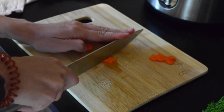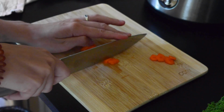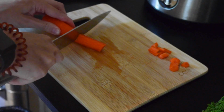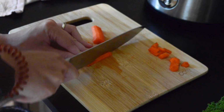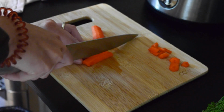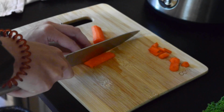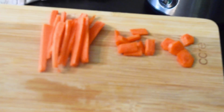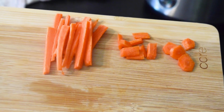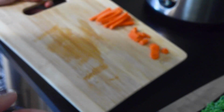You want to give it different textures, you want to give it different sizes, you want to give it different widths. This way when they're picking up one piece of carrot, it is different than the other one. This helps create enrichment because they're varied, they're different. Even though it's the same food, it looks different, it feels different. And that can help create a whole different situation where now the bird has a bunch of different things that are actually the same object, but they all look different, which can create a bunch of varied enrichment just on that aspect alone. So I've got 3 different styles I'm going with,